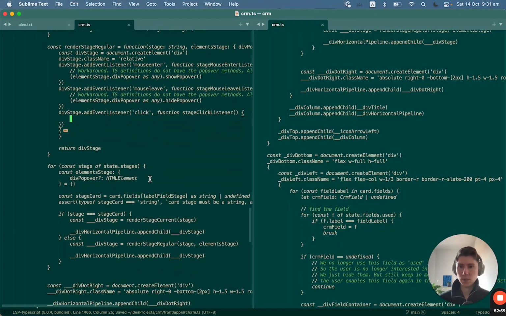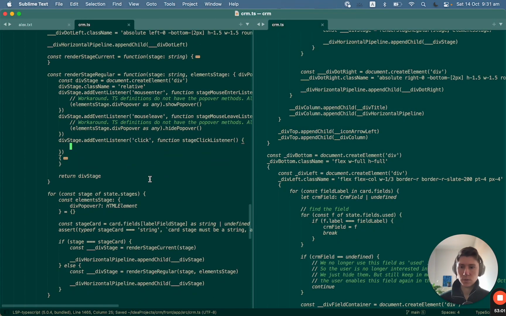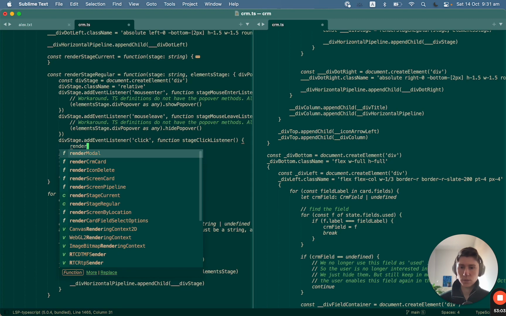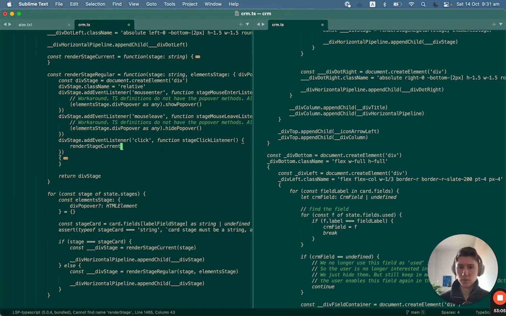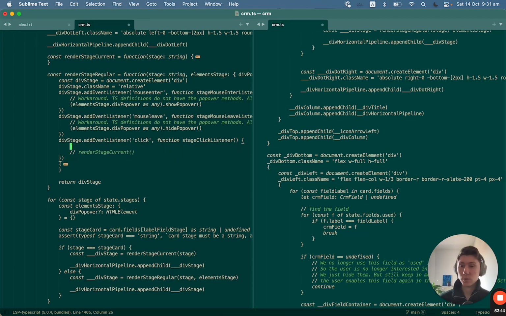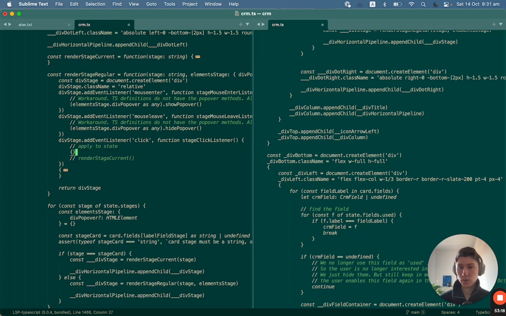And we can say render stage current. Well, first of all, we want to apply it to state, right? So we want to say that